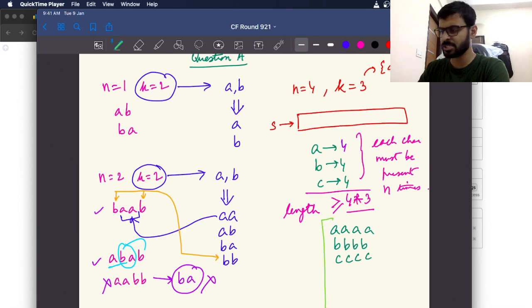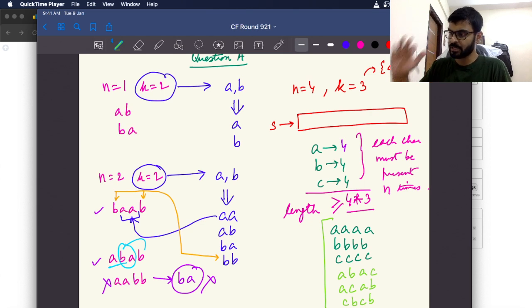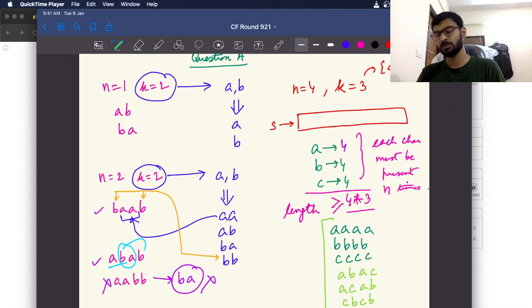There are other subsequences as well, for example, A B A C A C A B C B C B and so on. So many subsequences should be possible. So many possible strings are there using the k characters. So now my thought process will be, how soon can I ensure, in how many characters can I ensure